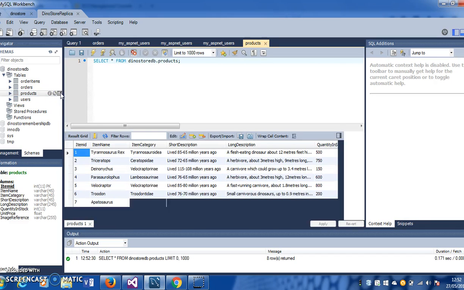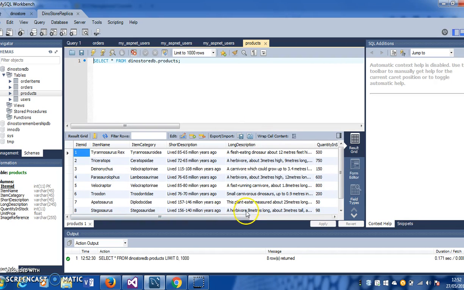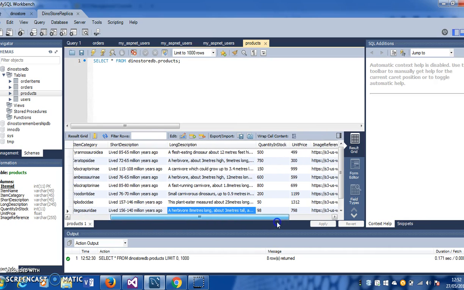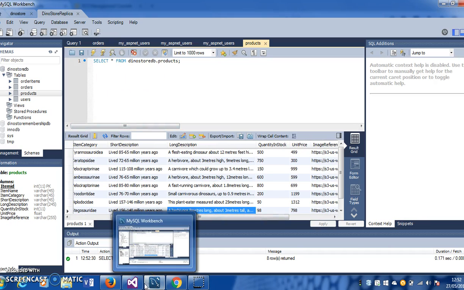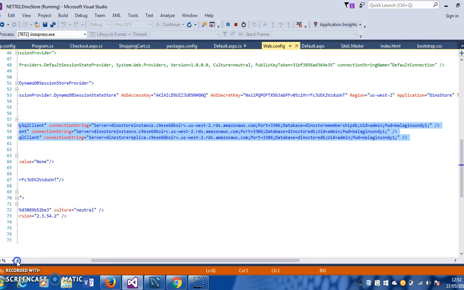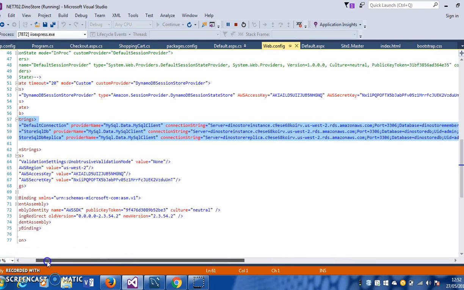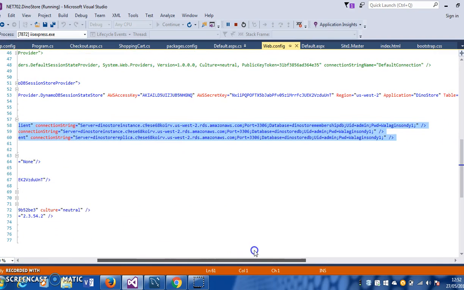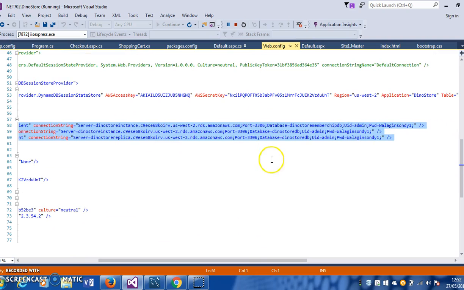You can see all the data is the same as in your original connection, so this is called a replica. For this you also have to change your application code. So you have to go to your Visual Studio and edit your connection string. You have to give the endpoints, admin username, and the password over here,